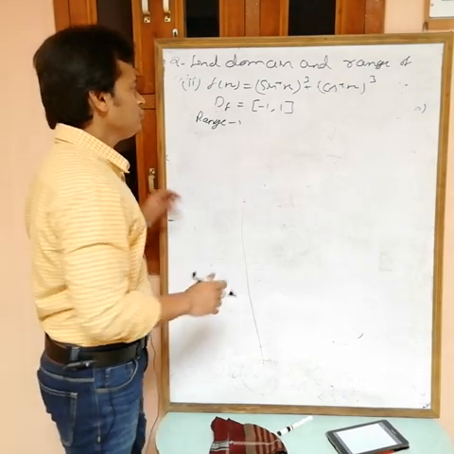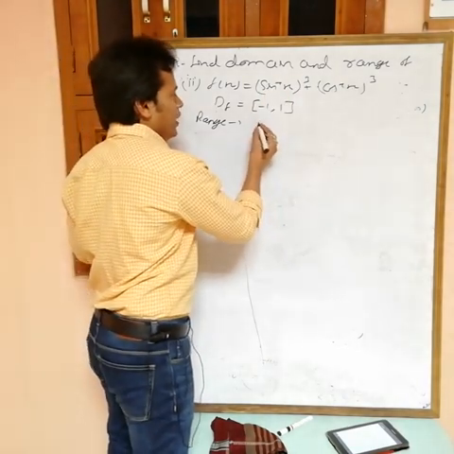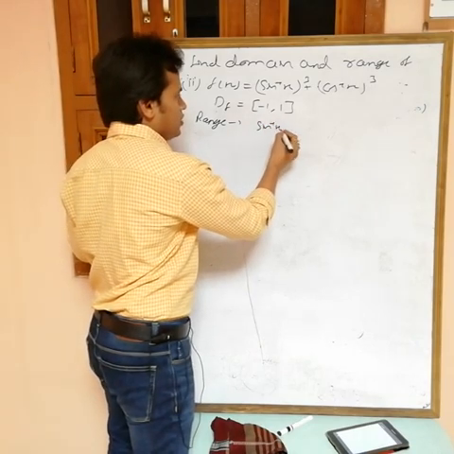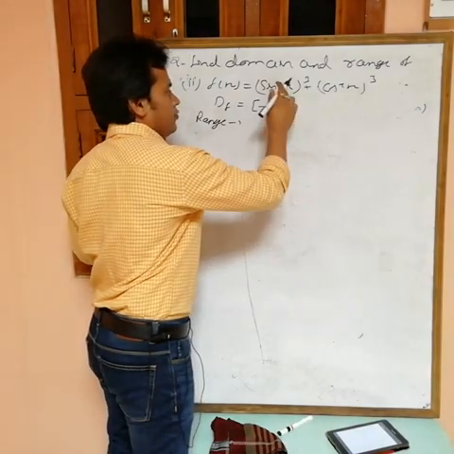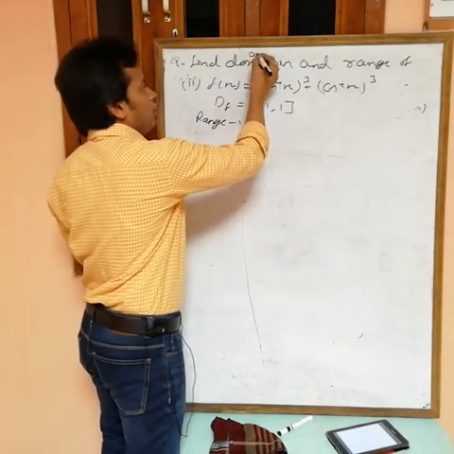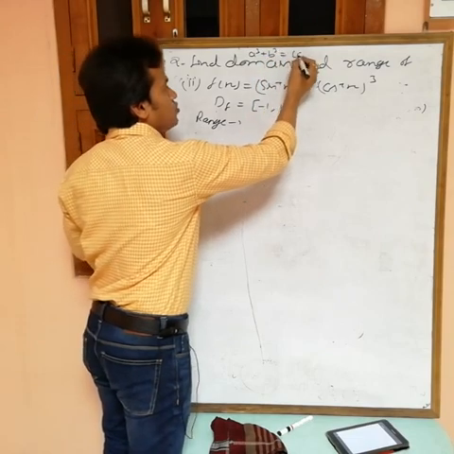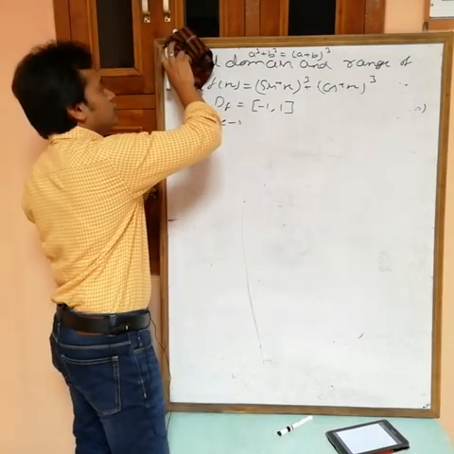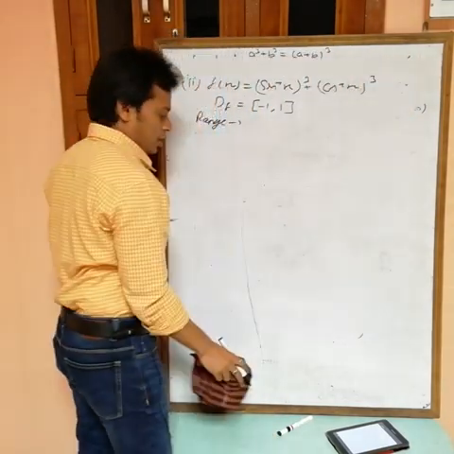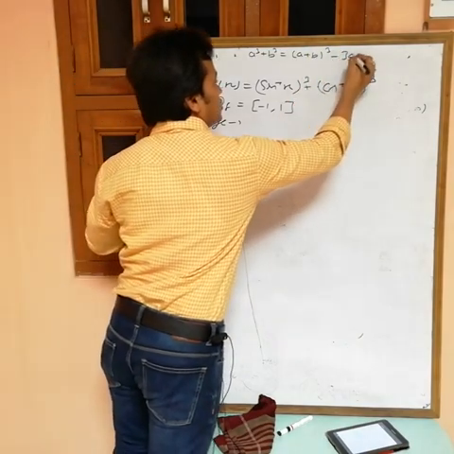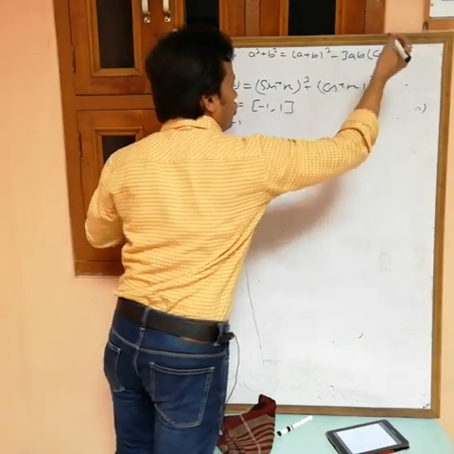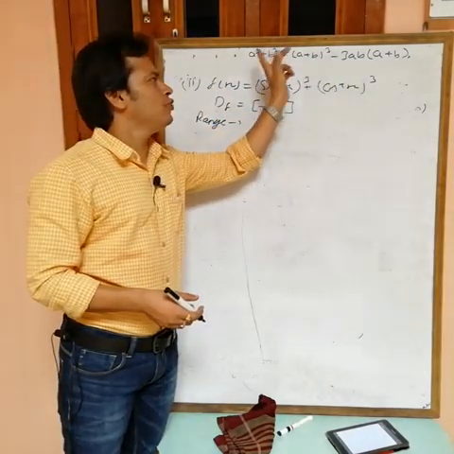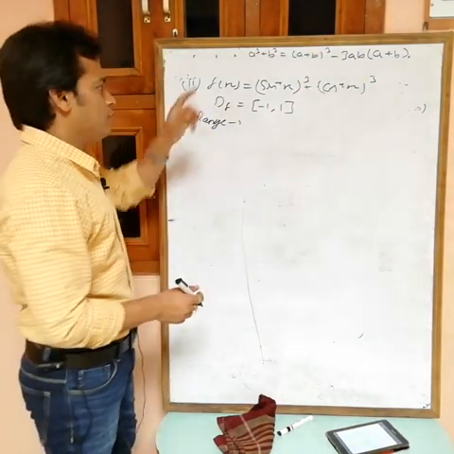Okay. So see, if I use a cube plus b cube, then a plus b, sin inverse x plus, here I am using a cube plus b cube. A cube plus b cube is equal to (a plus b) whole cube minus 3ab into (a plus b). Okay, this is the formula of a cube plus b cube. And definitely (a plus b) whole cube is a cube plus b cube plus 3ab into (a plus b). So I am using this one.